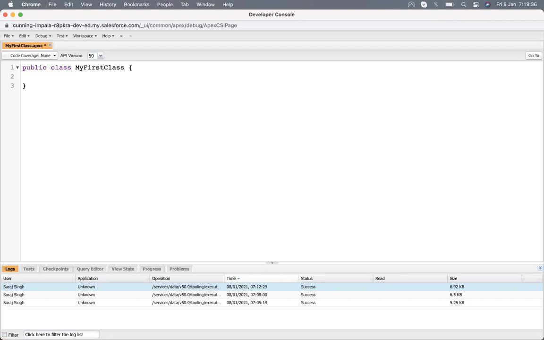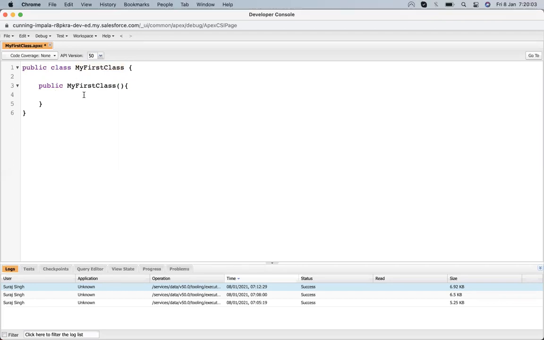We declare the constructor the same way: public, then the class name, then curly braces. So it will act as the constructor of a class, and whatever we write in it will automatically be called when we call the class.